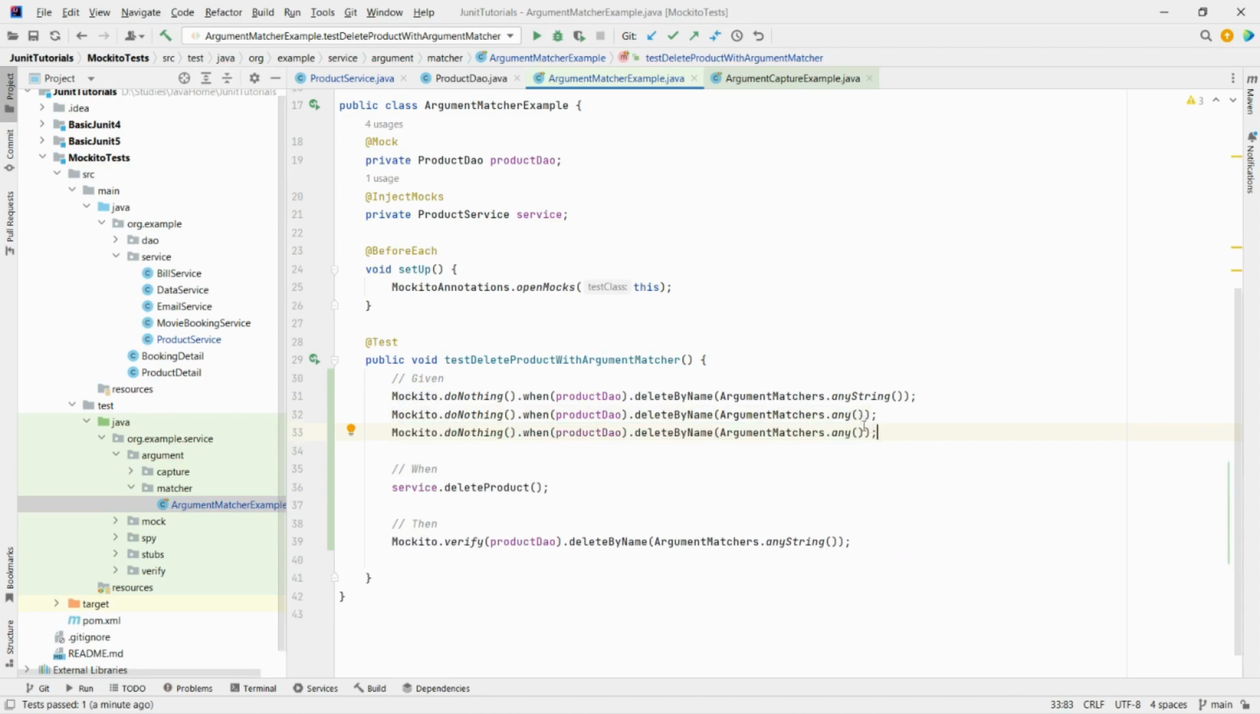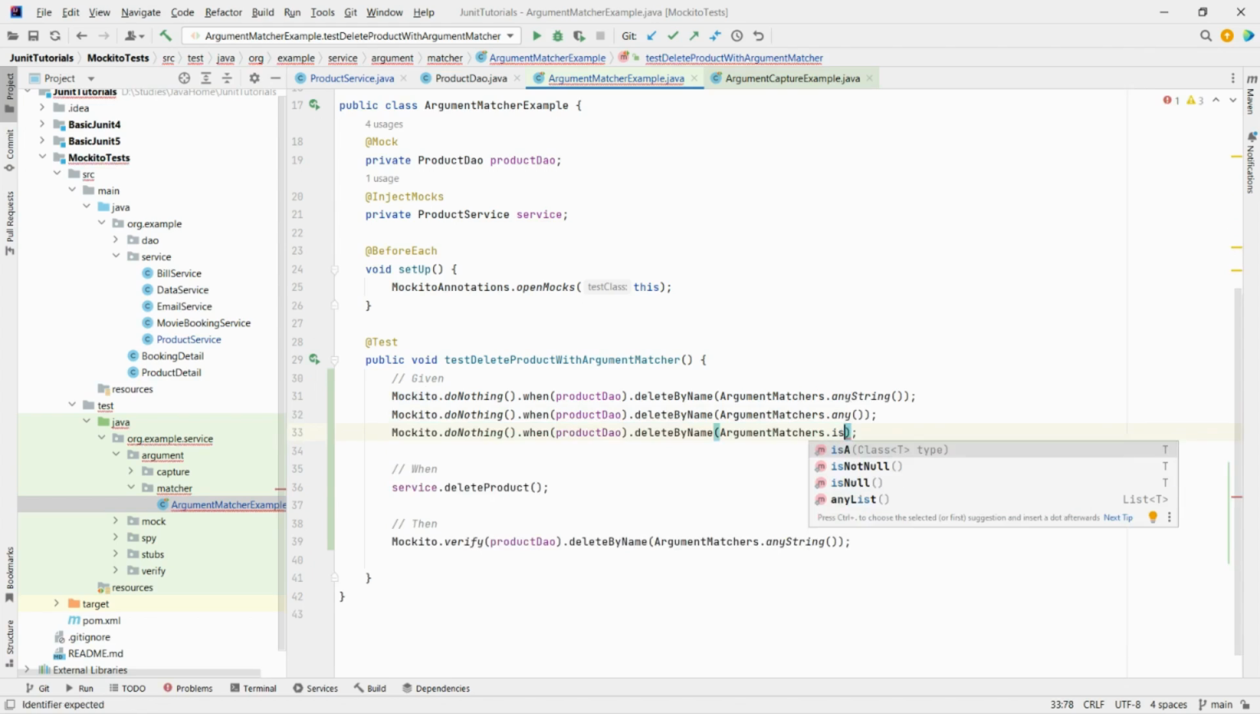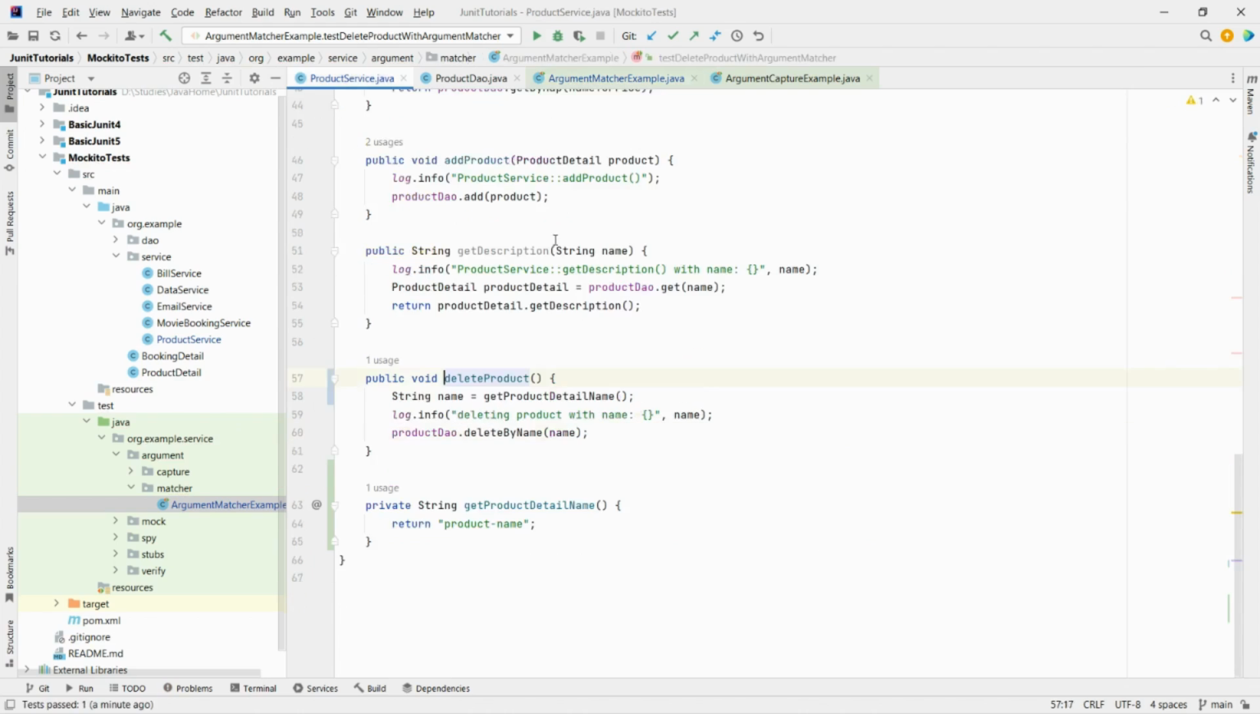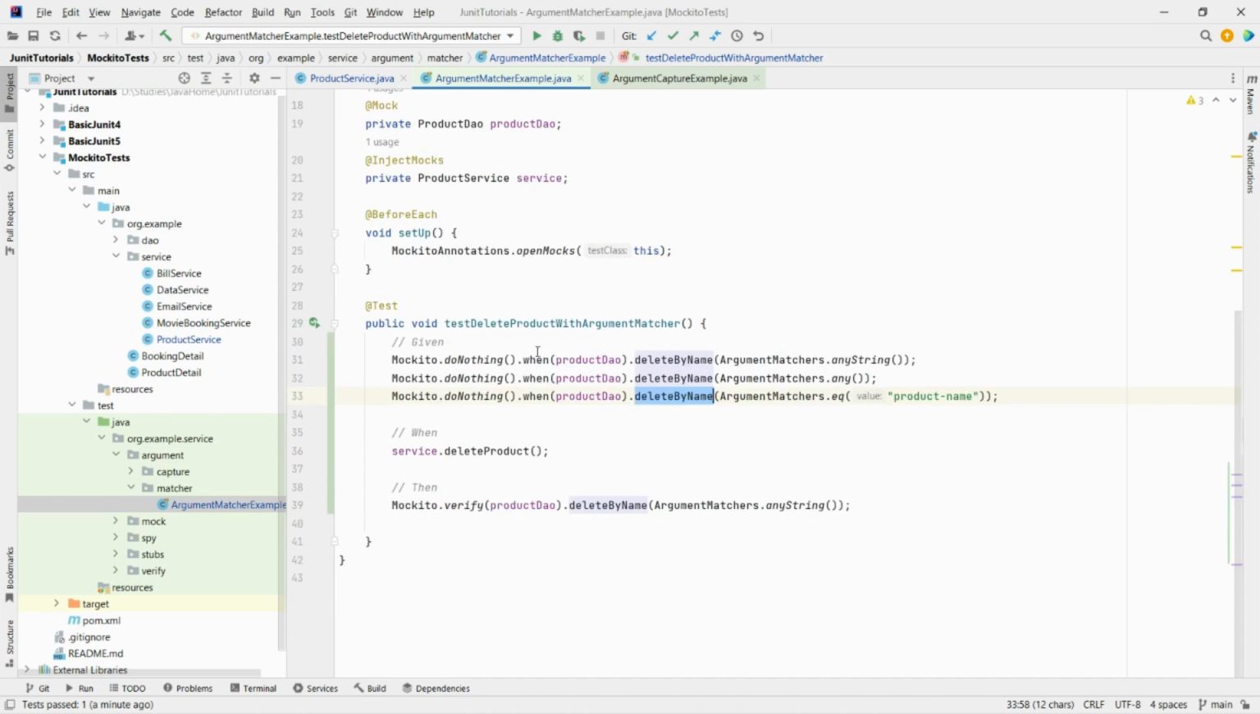I can even check if the value is equal to some value or not. So for example, here I am returning this product name. So I can check in my argument matcher that the value which is going to delete by name is the product name or not. So this is how we can do this method